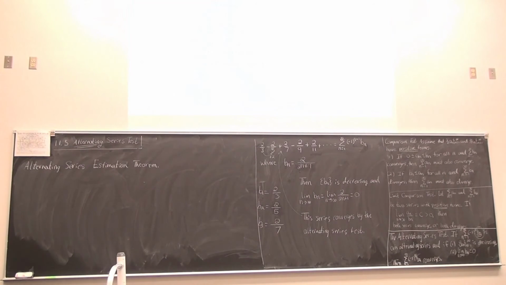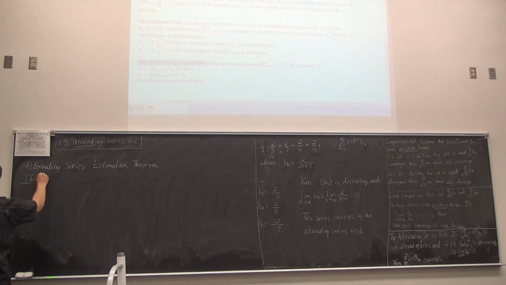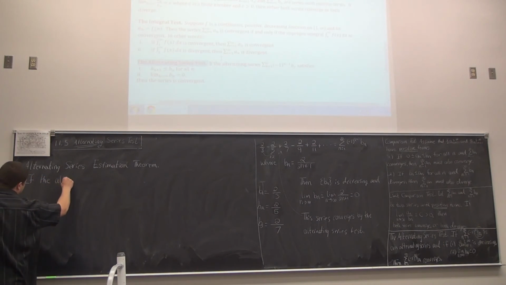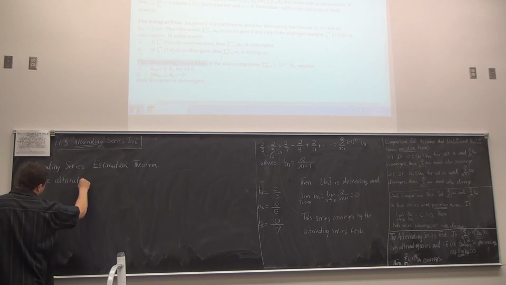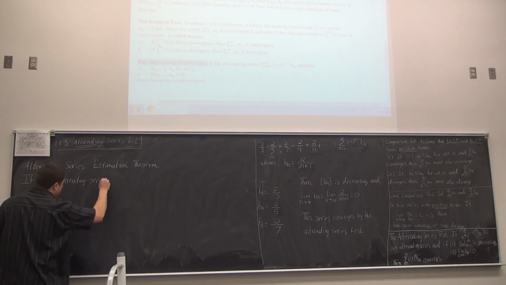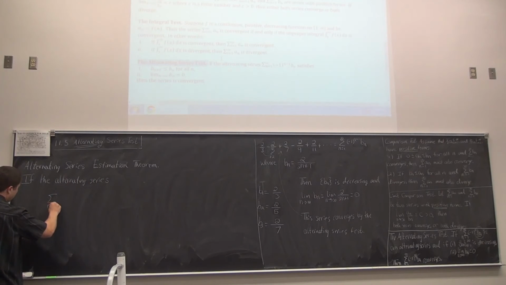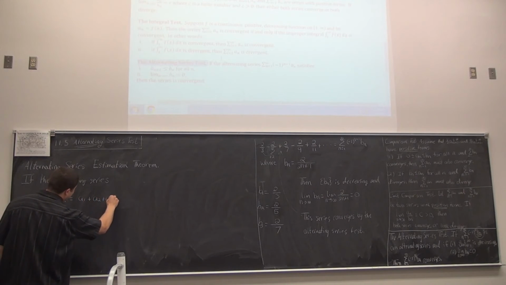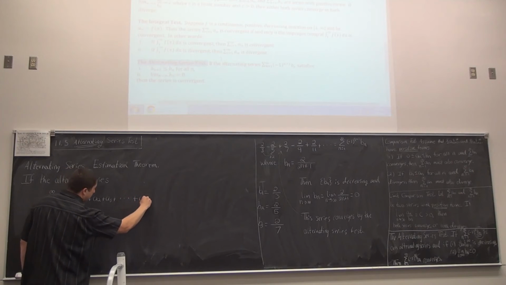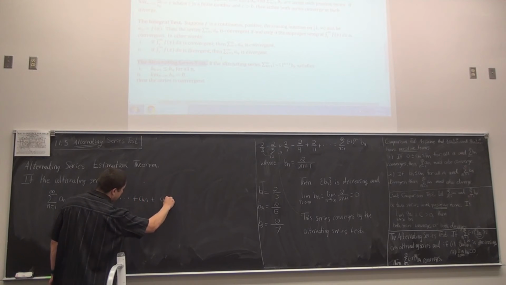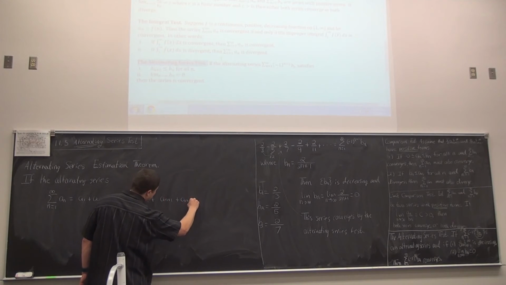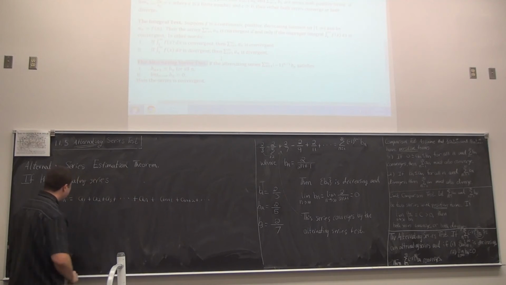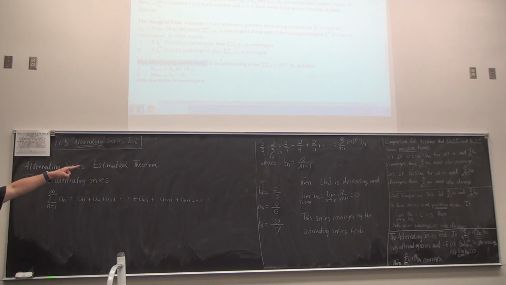We can say if the alternating series, the sum as n goes from 1 to infinity of a sub n, which is equal to a1 plus a2 plus a3, all the way up to a sub n plus a sub n plus 1 plus a sub n plus 2, all the way on to forever. So if this thing, much like the one we started with up there, converges,